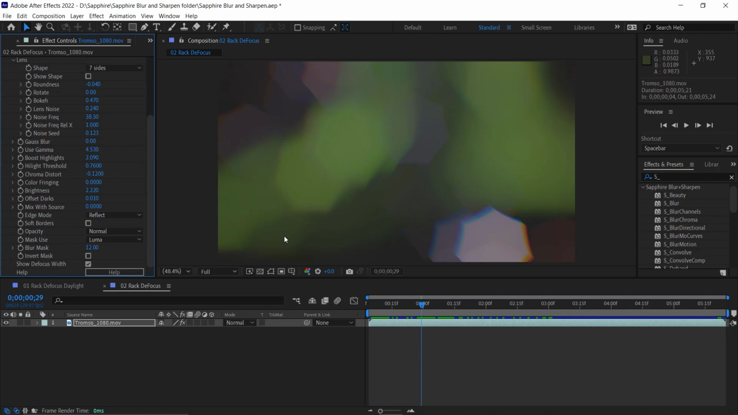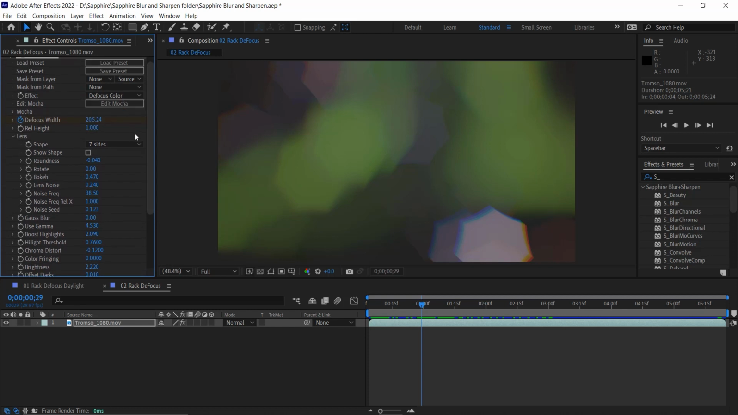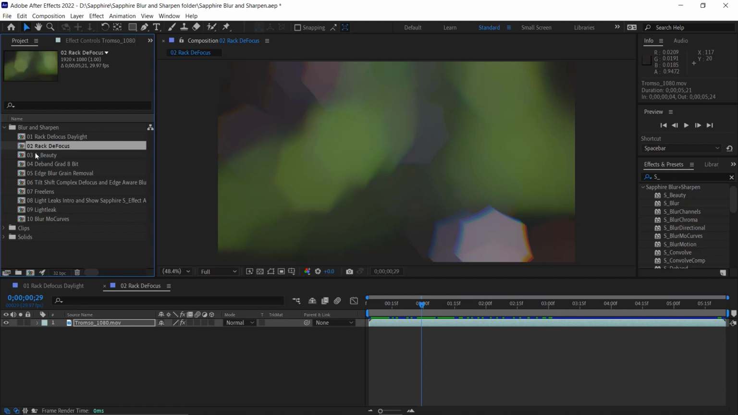So like I said, apply it to the video, go ahead and make the settings nice and high with your defocus width, and then go through and scrub through the settings to create the effect that you would like for your individual video clip. Now I'm going to go back to my project panel and open up the 03 S